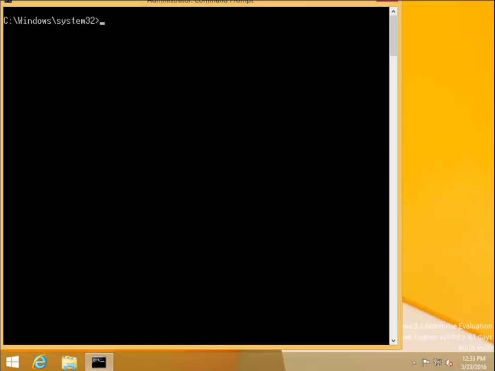Let's go over to a client machine. Let's step away from that server and go to another server. So here I am on my client machine, my Windows 8 machine, and I've opened a command prompt, and I'm going to also use NSLOOKUP. Okay, now currently it's pointing to my DC1, which it's supposed to, but let me switch that. Let me tell it to point to